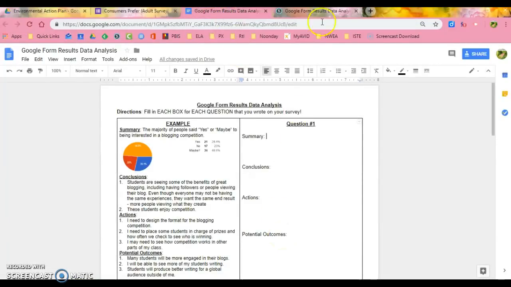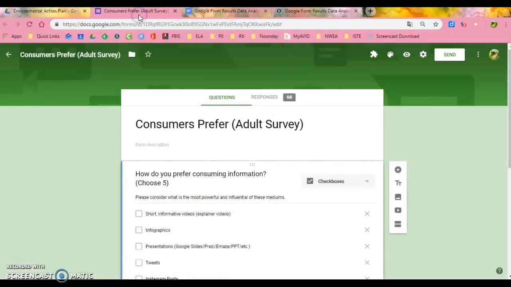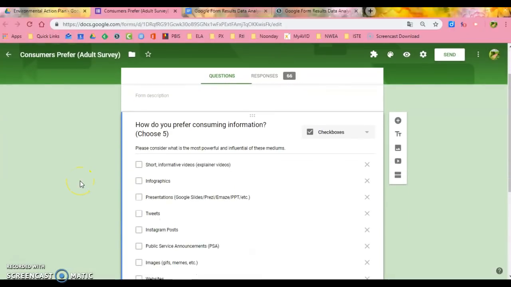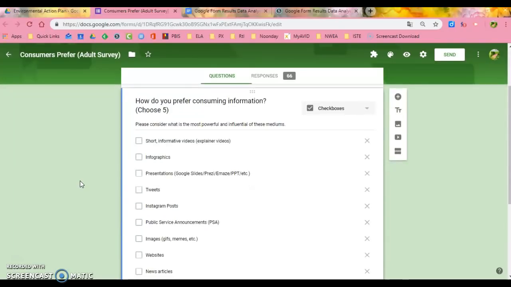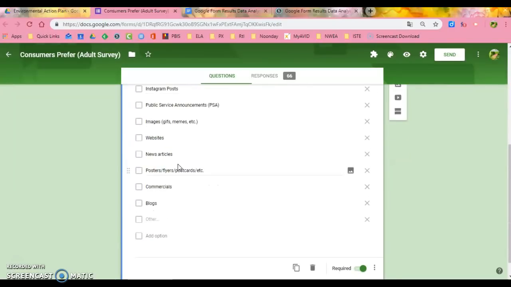Okay, so I'm going to go back here and take a look at the actual directions for the assignment. It tells me to open the Google form that you created, not the live version, but the version that you can edit, and click on the Responses tab. So here is a survey that I gave so that I could model for you what we wanted to do. This is a consumers prefer survey, and what we were trying to figure out or do research on was how